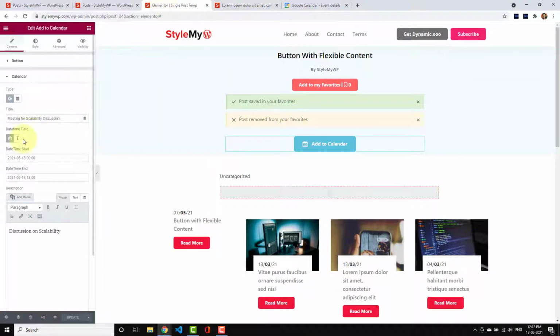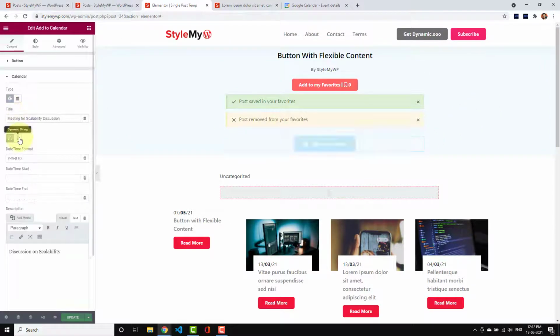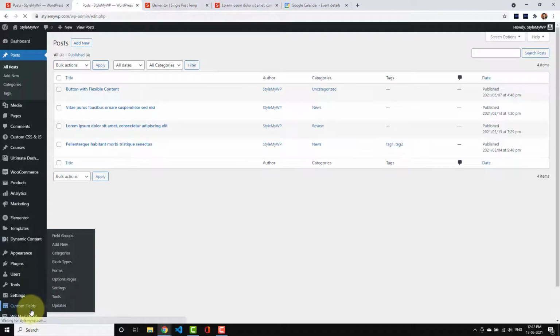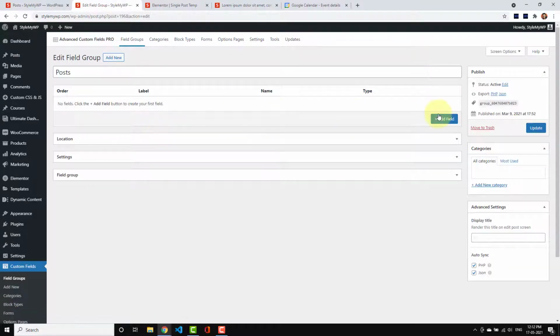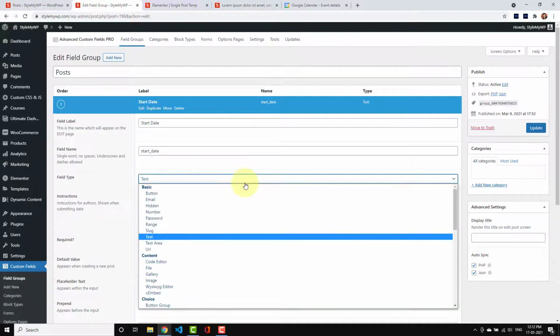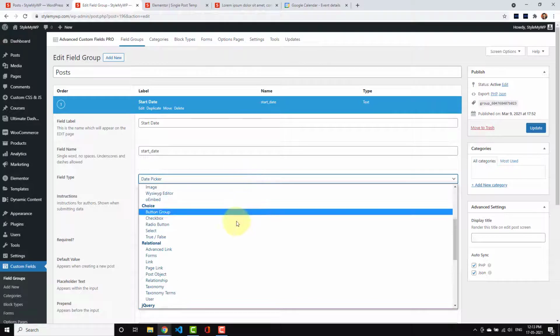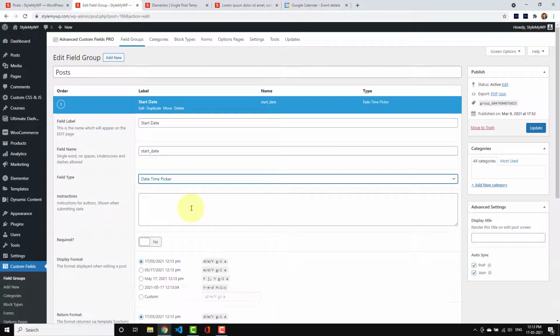And if you are using a single template like I'm using here, then you can use dynamic strings. What you have to do is just copy this, go to your custom fields, add fields for your post type, and choose to create new fields like start date, and in this use the date and time picker.